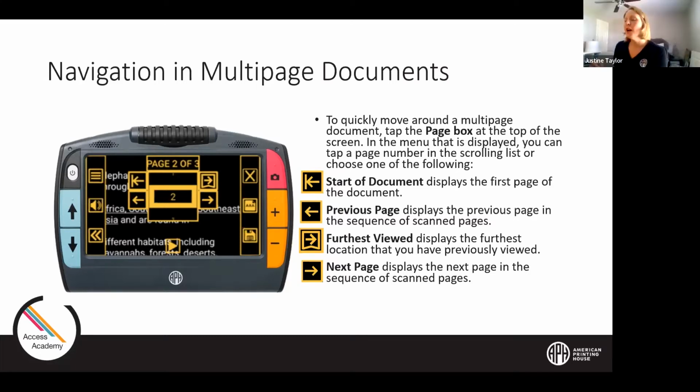Yeah, and if you're not sure what the buttons are, we talked about this in our menus webinar, but just to reiterate, you can tap on any of these icons, any of these buttons, and Juno is going to tell you what that function is, and then you tap it again to select that function. So you're almost having to do sort of a double tap. So you might have noticed when we hit the play button, or stop button, it'll say it first, and then you have to press it again to make it do that function,